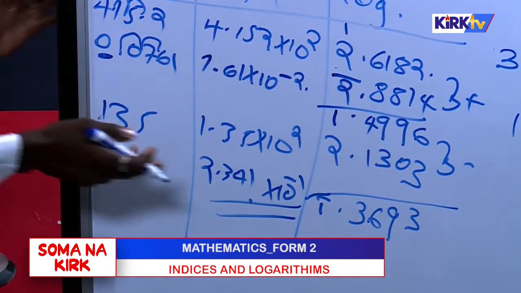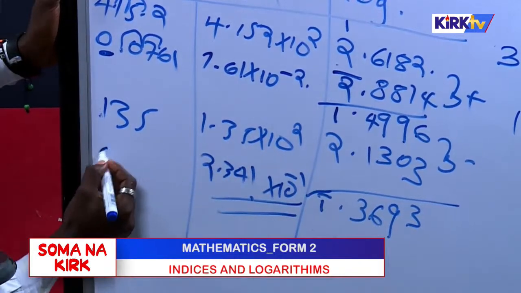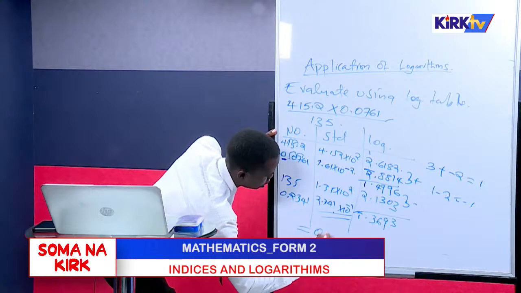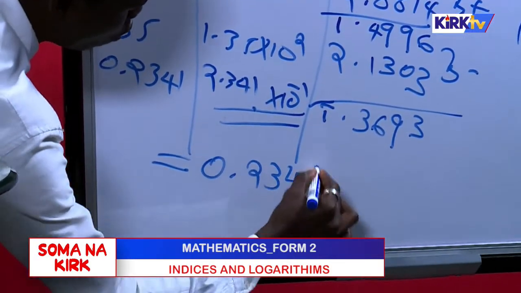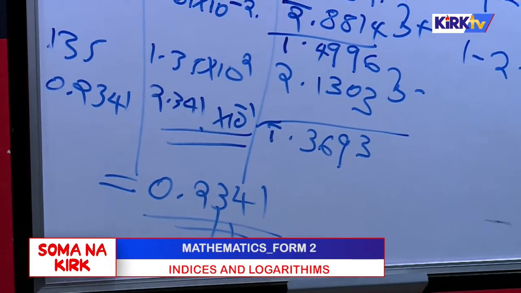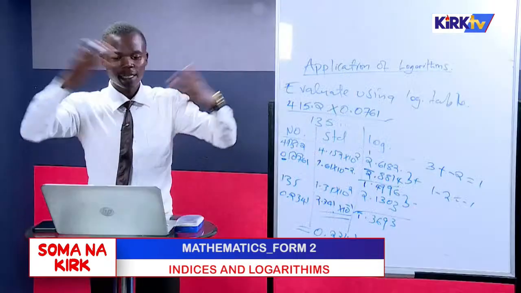I hope you are together. This is negative. So itakuwa 0.2341. So our final answer is 0.2341. That is the last example I wanted to give. Now, just in a nutshell,